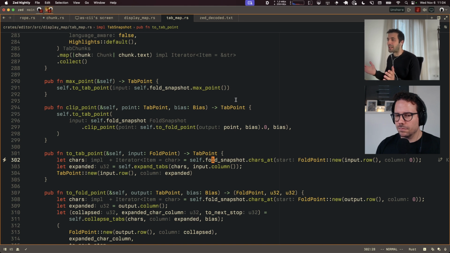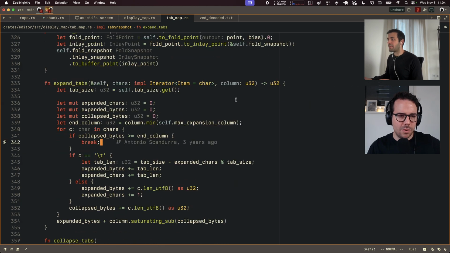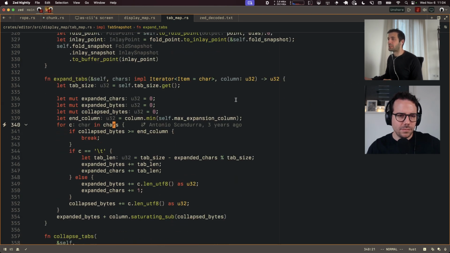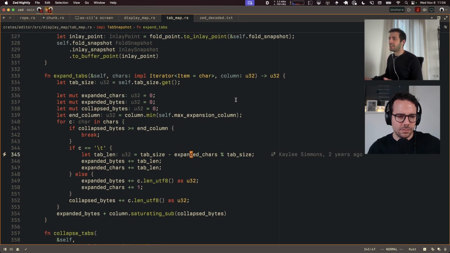It's sort of akin to what we were looking at at the chunk level. Every time we need to look at all the chars. I can show you how expand tabs works. For each character, we need to check: is this a tab? Okay, great. Where did this tab occur exactly? Like it occurred at 3 characters after